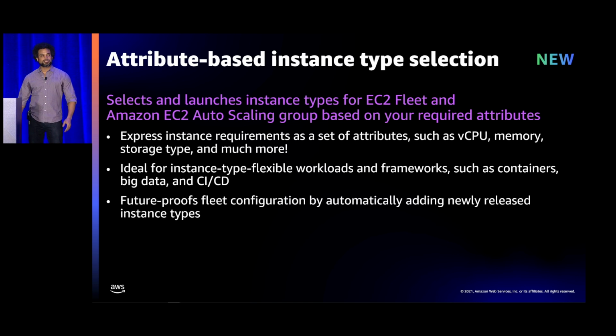The second tool we're going to mention is the attribute-based instance type selection, and this is pretty new. This was actually released a little bit over a month ago. It does something similar to the instance discovery tool, but it's integrated within auto-scaling groups in EC2 Fleet. And what this allows you to do is, similarly, I can express my instance requirements as a set of attributes. So think vCPU, memory, what kind of storage do I need, those kinds of things. And it'll return a list of instances that fit that, and it'll basically input that into the auto-scaling group configuration.